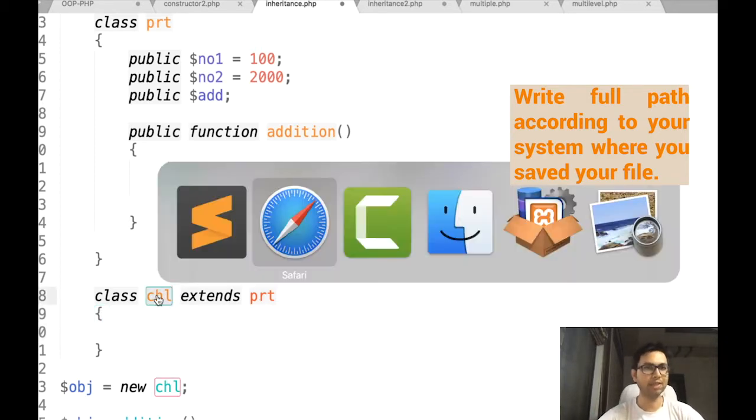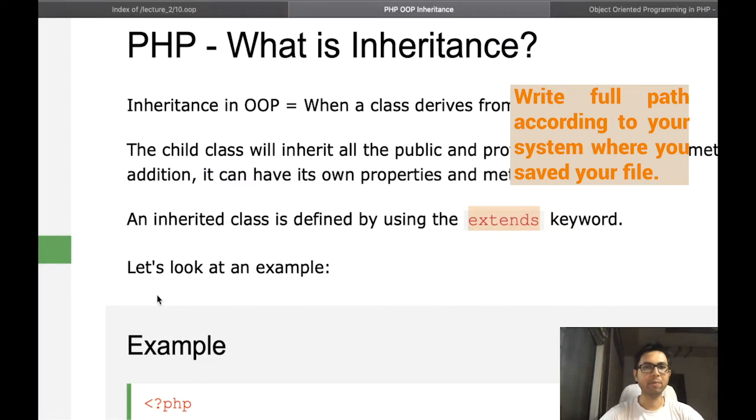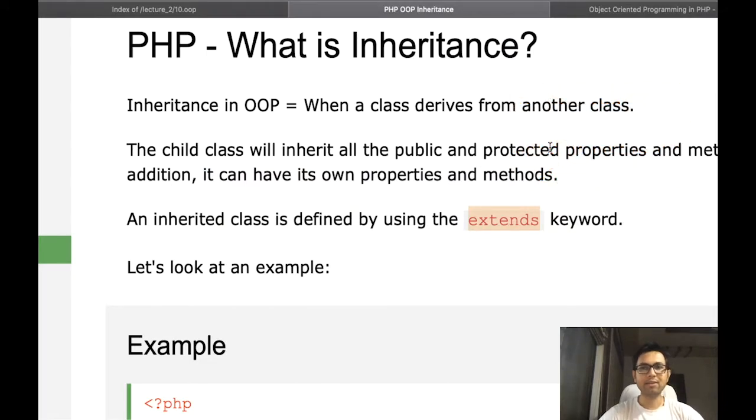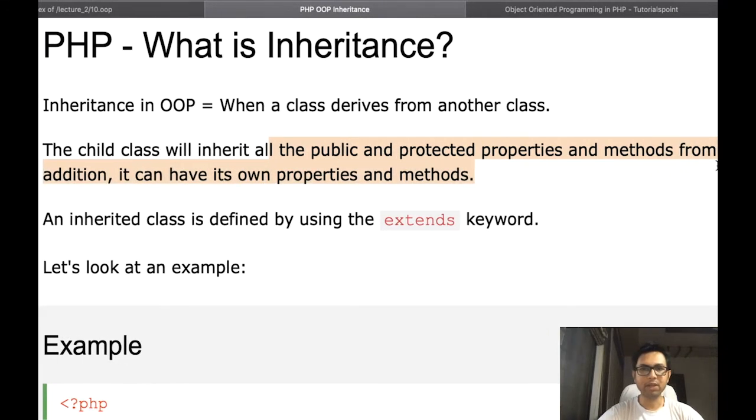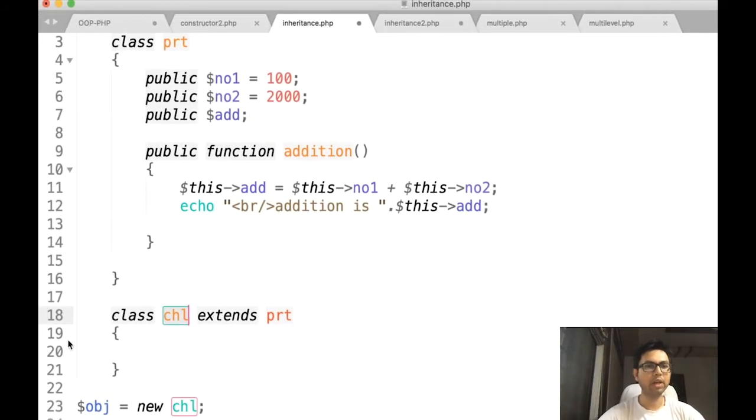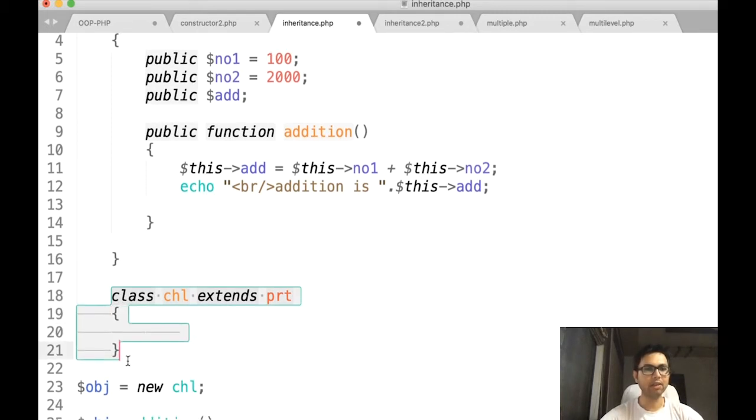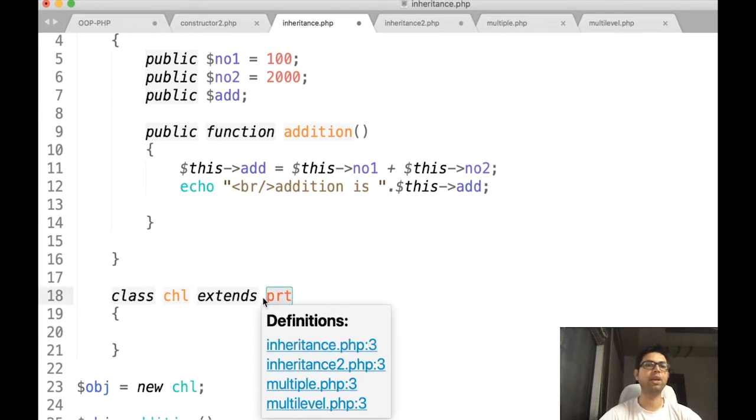Now, as I said in the definition, an inherited class may have its own public and private methods as well as the methods which it gets from its ancestor. Over here, in this case, I had not declared anything in the extended class, so it is empty, but we are extending the whole functionality of PRT.